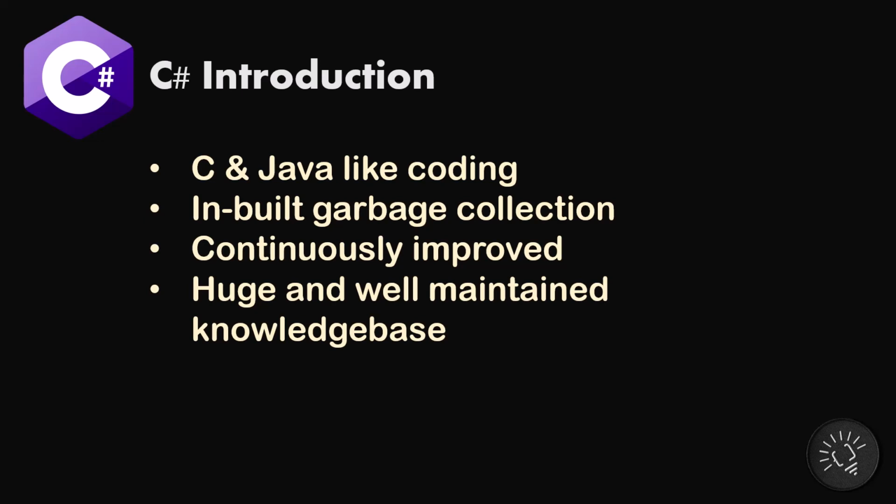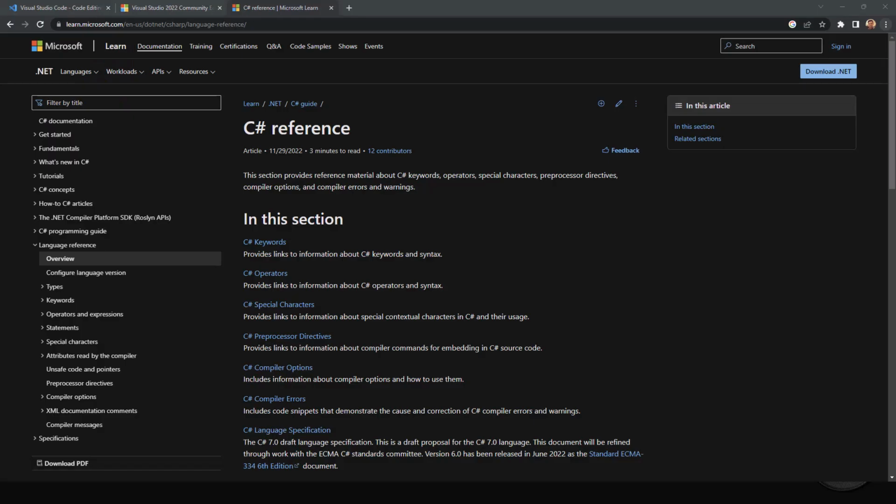And one of the things that I like about C Sharp the most is the huge and the well-maintained knowledge base. This is the Microsoft Learn website. Earlier it was called the MSDN, and this is the hugest repository of learning resources on every single technology from Microsoft. No matter which C Sharp related platform you want to code for, you will find detailed references, guides, walkthroughs, samples. Everything is here, and it pretty much equips you to be an excellent programmer no matter what you want to code in C Sharp.